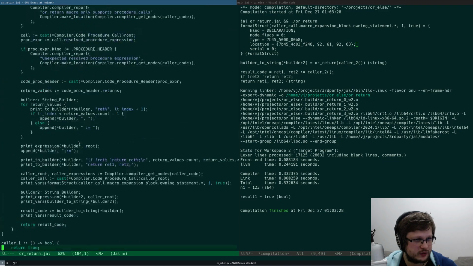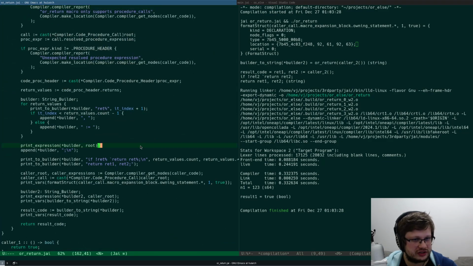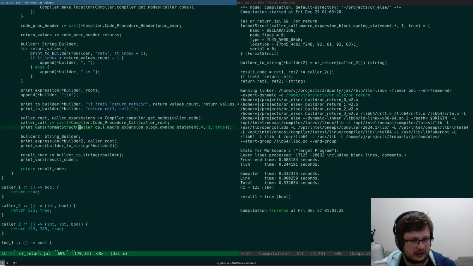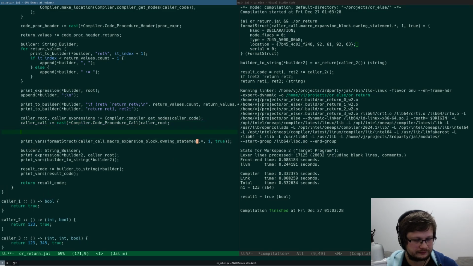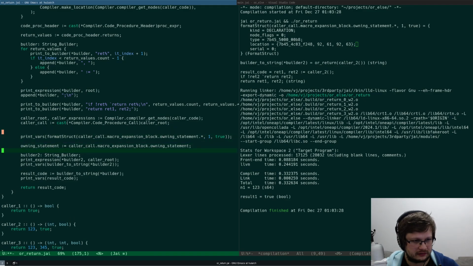It's either this one or this one. Let me check which. Like this. Right, and I want to print that, like that. Not the color root, but owning statement.